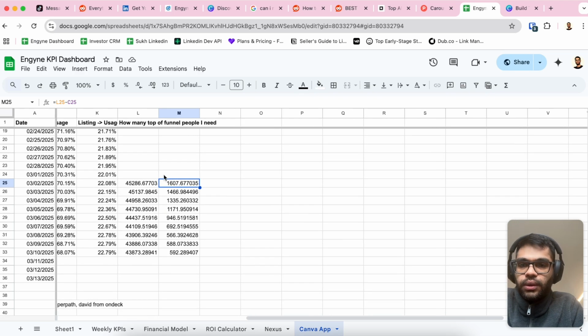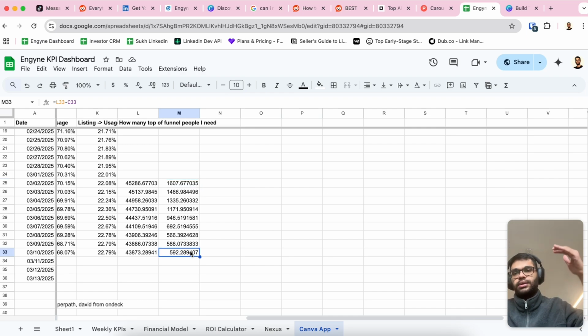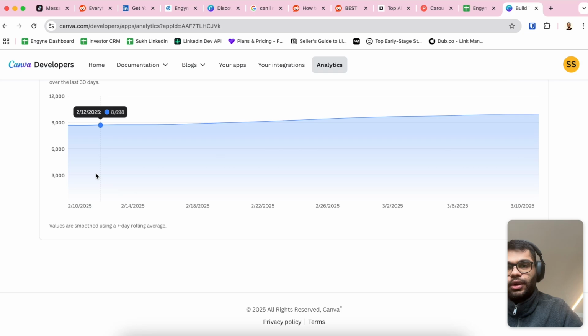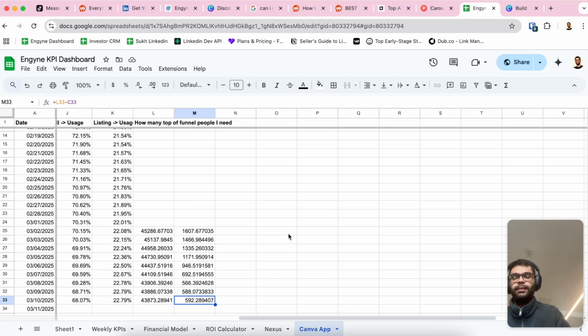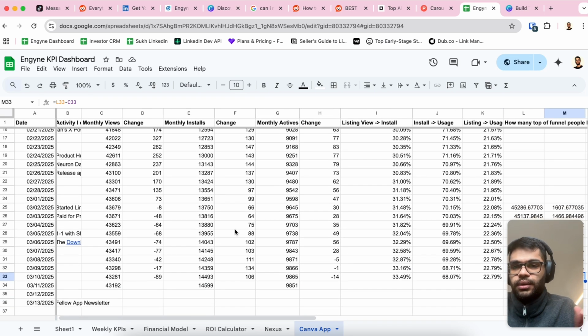With all the activities I'm doing, the number of additional people I need has been going down and down every day. That means I'm pushing more people into the top of the funnel, they're converting to more users, and I need to send about 600 more people to get to my 10K number. So I found this very statistical way to have my growth numbers move in a line, and I think this really helps me understand what's working and what's not.